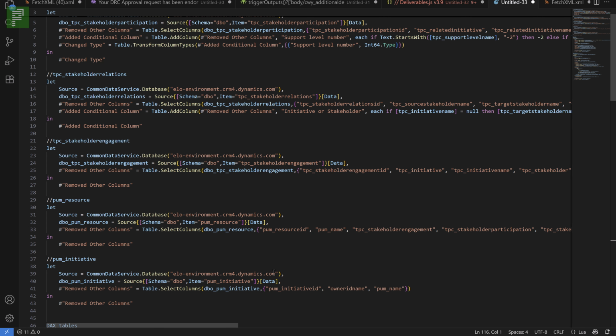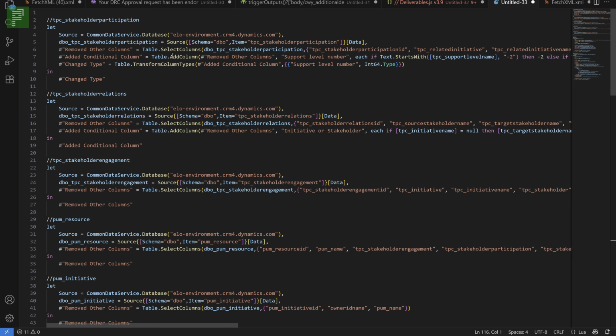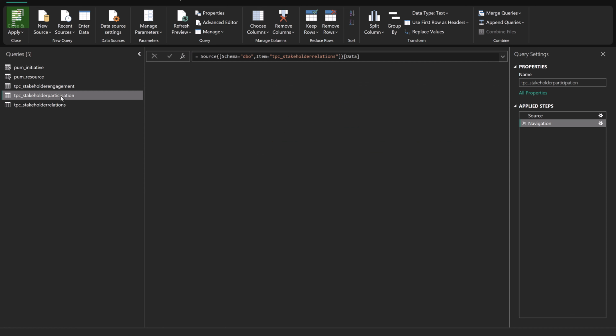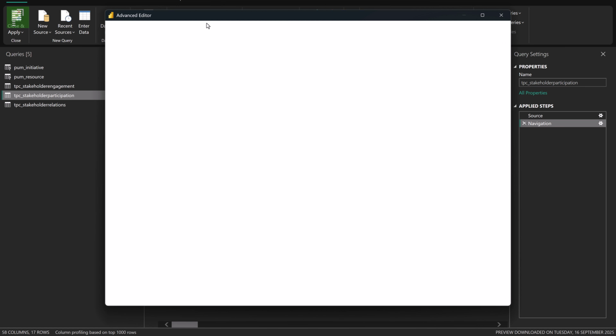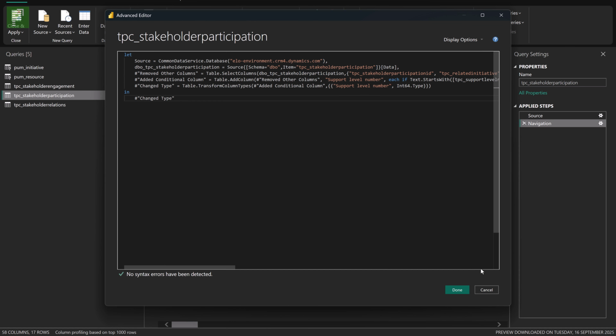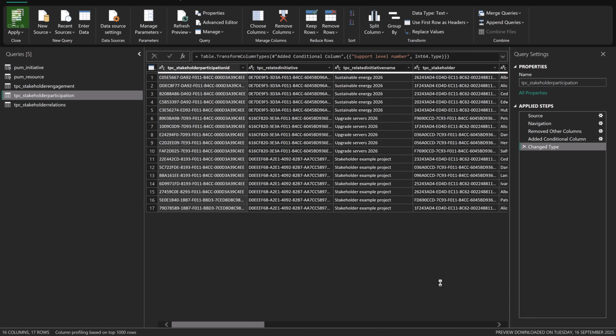And this is the file that I created. So we have our participation, we have some columns that we remove, we added a conditional column, as well as changing the types to be more accommodating with what we need to work with in relation to our stakeholder reports. So this is the participation. Let me just grab that. So for participation, I can go to the advanced editor, and I'll just replace this. And that gives us a clean